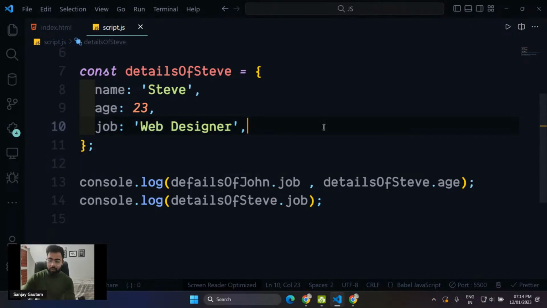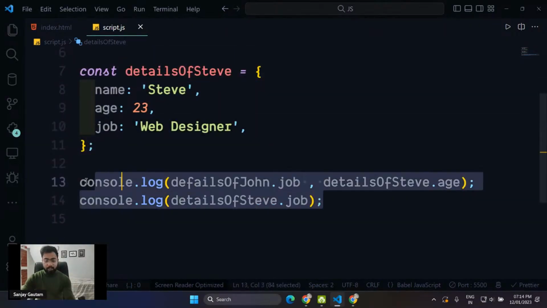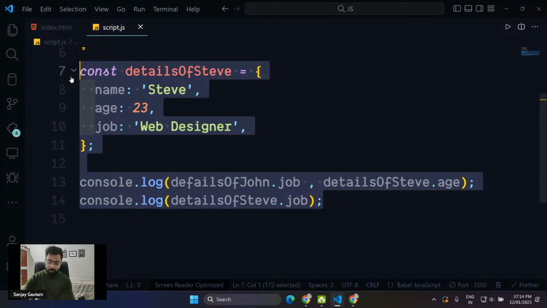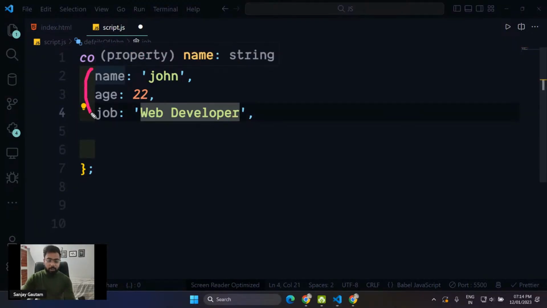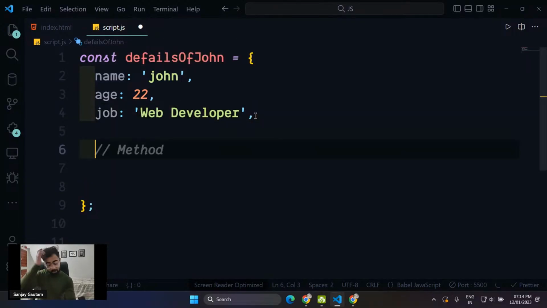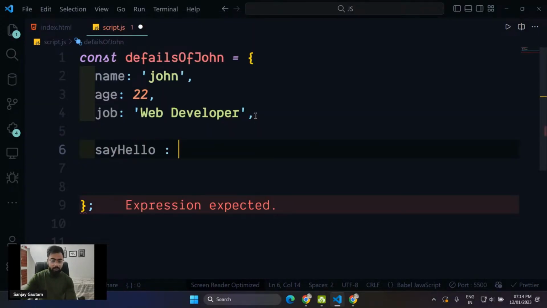Okay. And now the very interesting part about the JavaScript object is that you can also have functions inside of it. So this is what we call properties, but you can also have some functions inside of it. And how can you have functions? Just write any name that you want. Let's say hello. Just use a colon here and just type function,